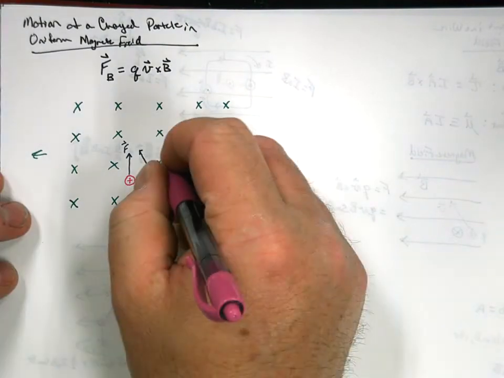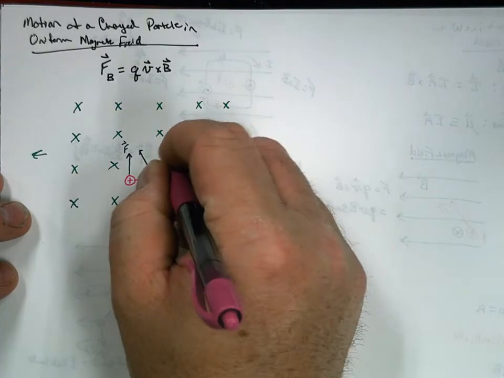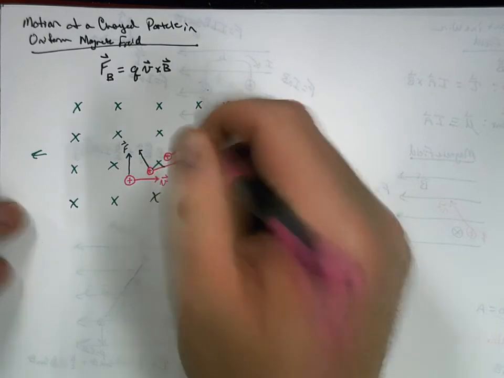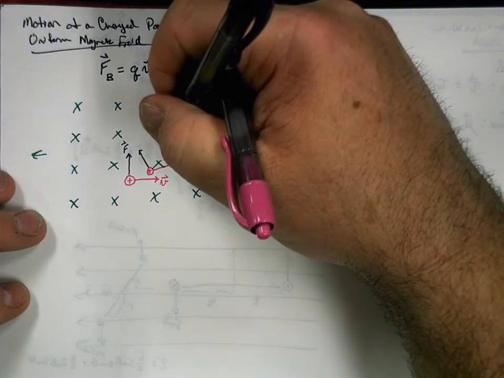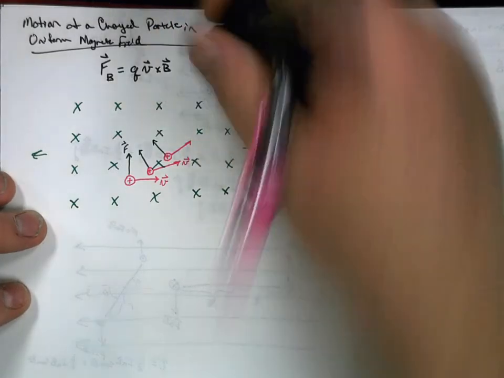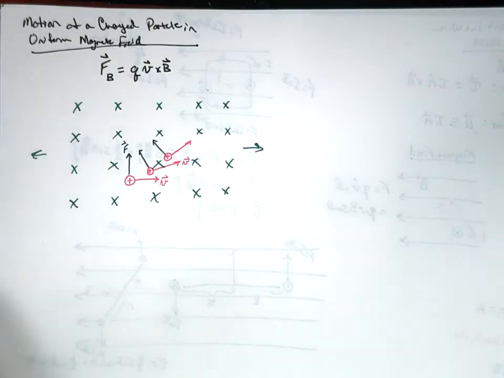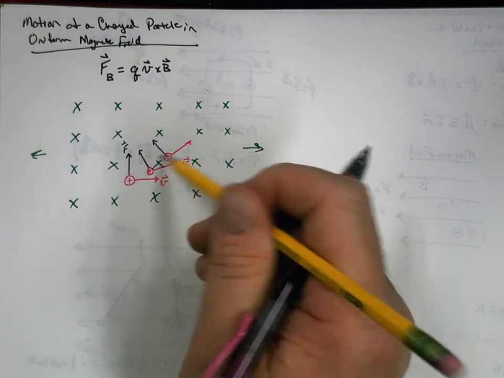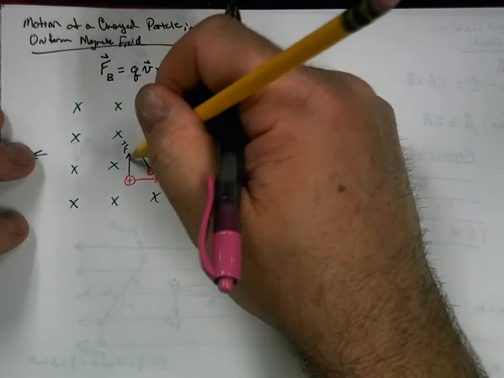And then it's going to move again, and so the force on this is going to be here. You can sort of see what's happening: if we have a force acting perpendicular to our velocity, then that creates a motion